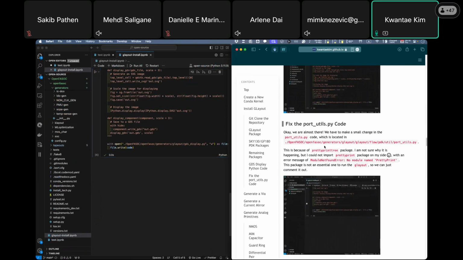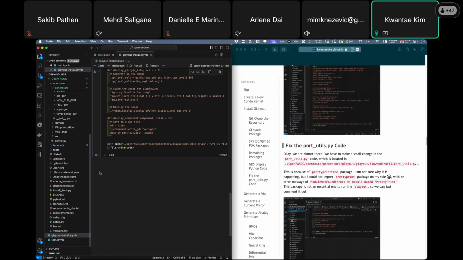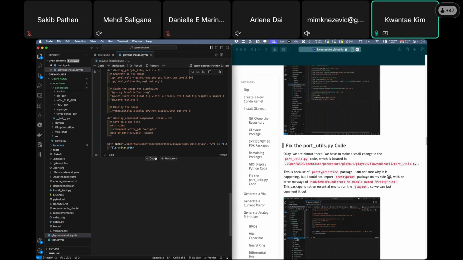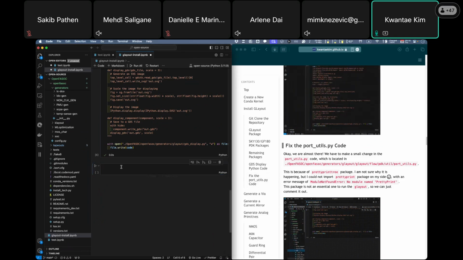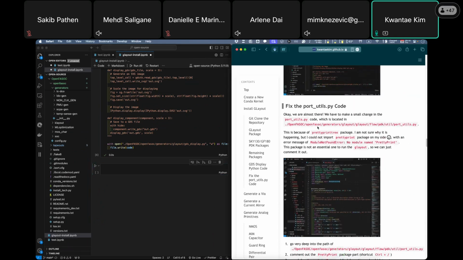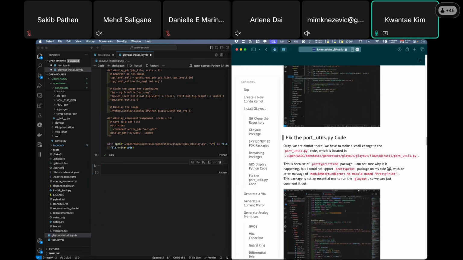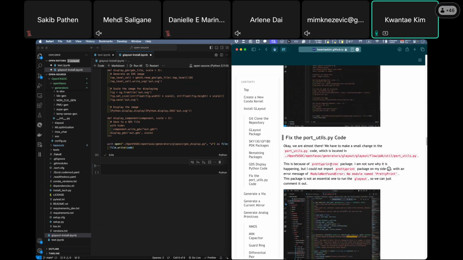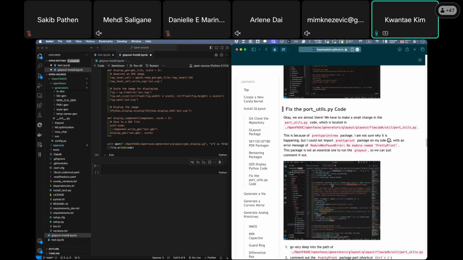And then one more thing is we have to fix this code. I don't know what is happening in my case, but I couldn't import pretty print on my end. So what I believe is it is not really required to run our KLayout example codes. So what I'm gonna do is comment out, making inactive, some part of the code within this